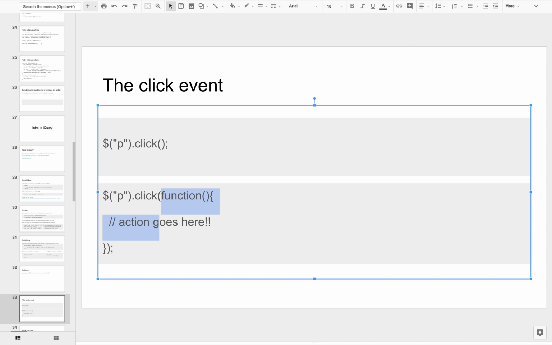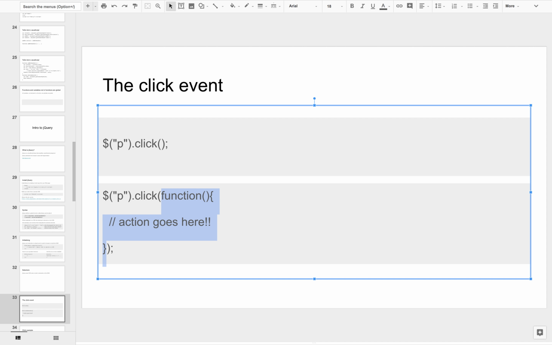So the click function has another version. This one, the no argument version, generates the event. This one instead says, I'm not going to generate an event, I'm going to listen for an event. If somebody clicks that paragraph, I'm going to execute that function. Yes?